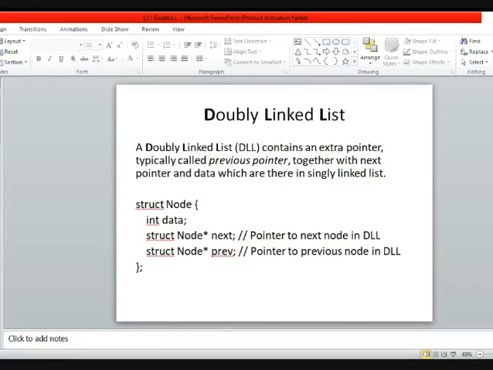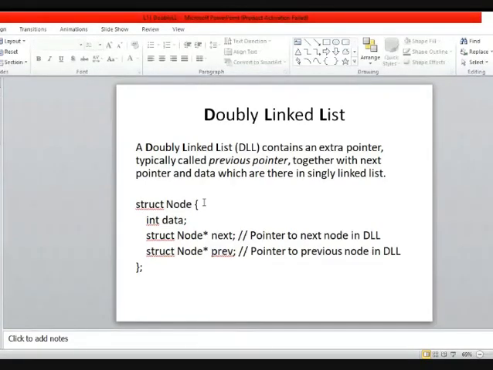We cannot go backward from any given node, and that is the limitation of a linked list, because each element has the address of its next node only. So we cannot search any element or traverse in the backward direction. So the limitation is there with the singly linked list. That's why we use another linked list in place of it, and that linked list is called